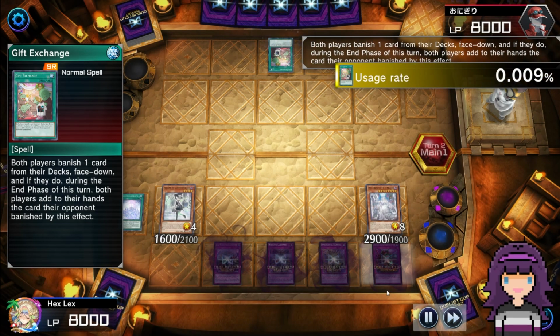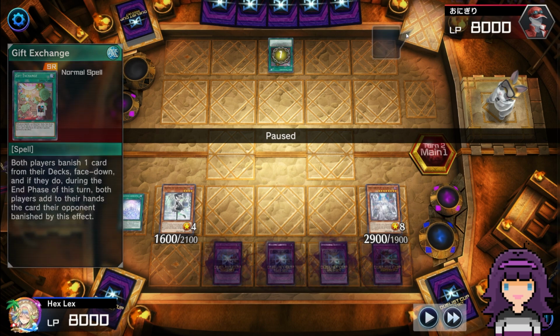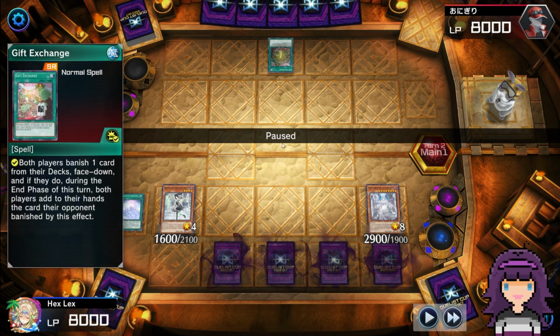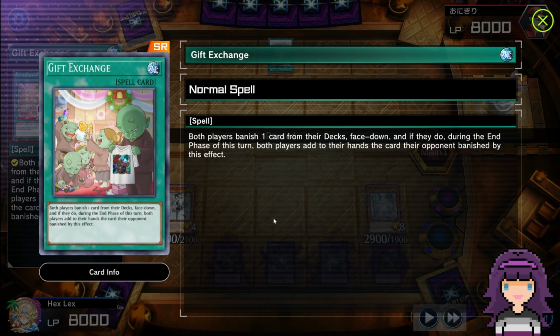So, Poto's going to start off with a Gift Exchange. Oh, I remember this game now. And I just realized my opponent doesn't have an extra deck. So, again, this was DL17, so maybe because we couldn't rank down, my opponent was just kind of messing around, but